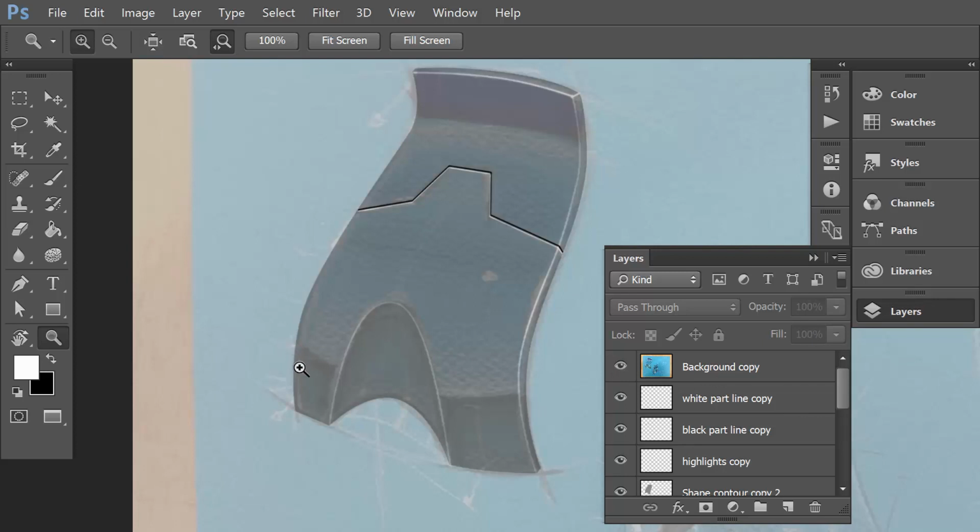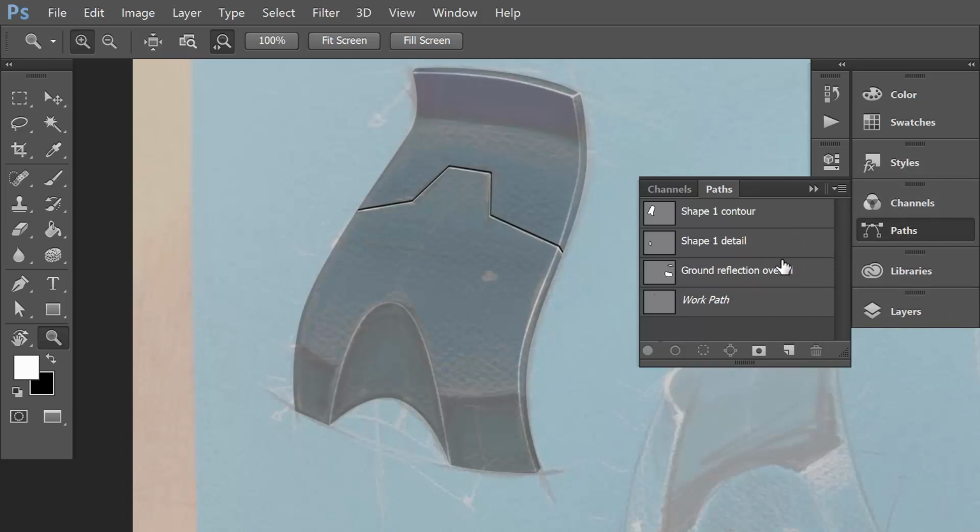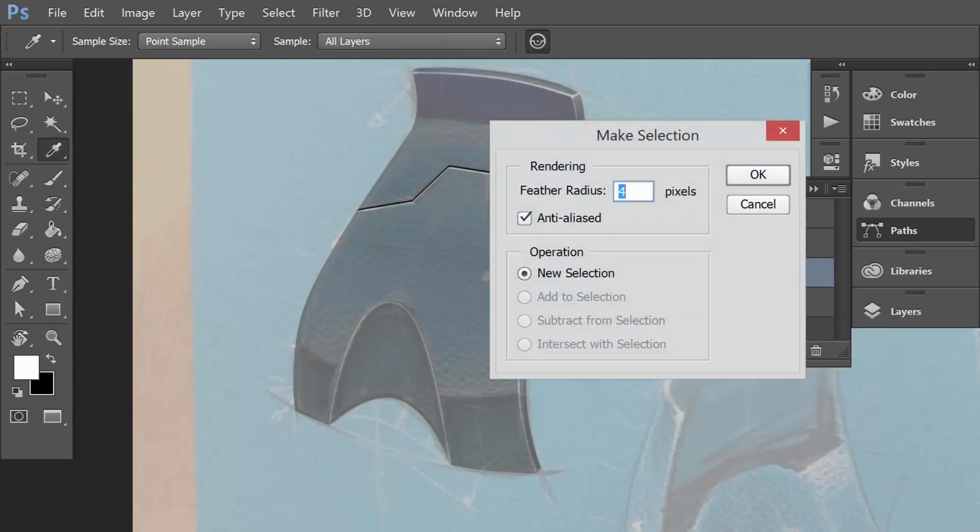Now what I'm going to do here is I'm going to path out those areas of reflectivity. So in this case, I actually have one path that I saved from yesterday, and I'm going to make that selection, but now I don't want